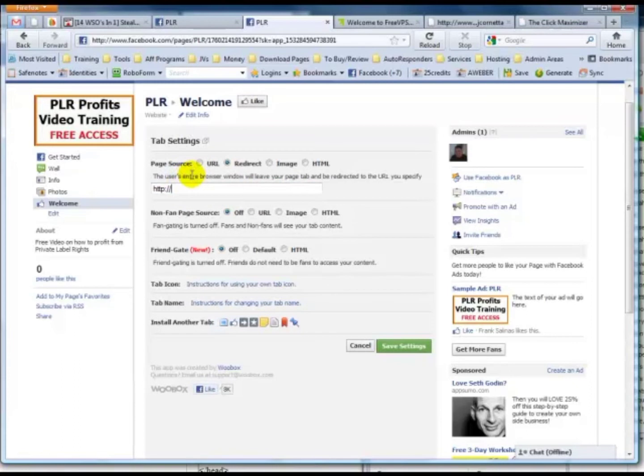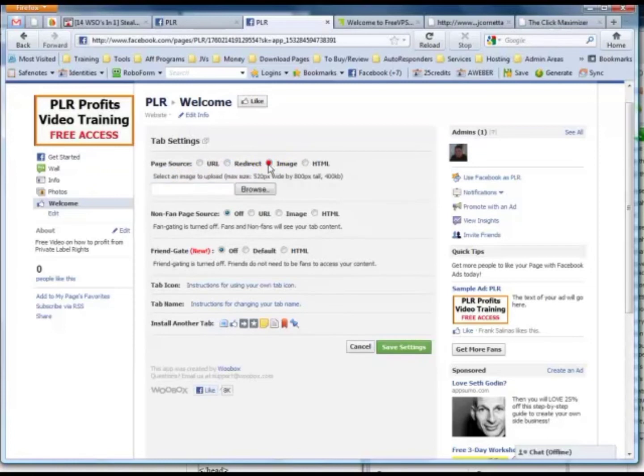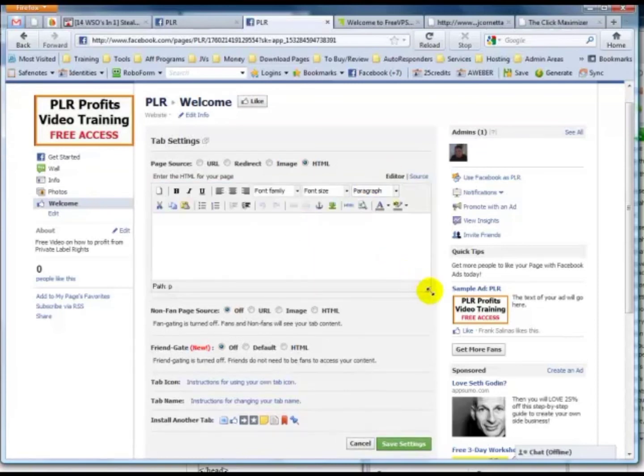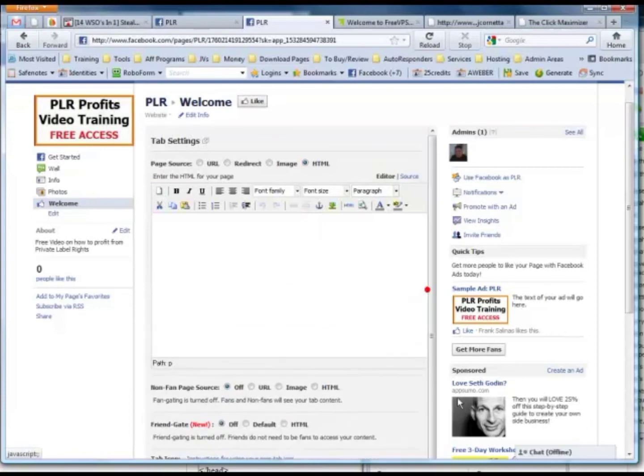The user's entire browser window will leave your page tab and be redirected. Okay, or you can put an image, which could just be whatever image you want. But the main thing most people are going to use is HTML. And what's cool is if you don't have an HTML editor, all you do is click editor here, and you get a fully functional